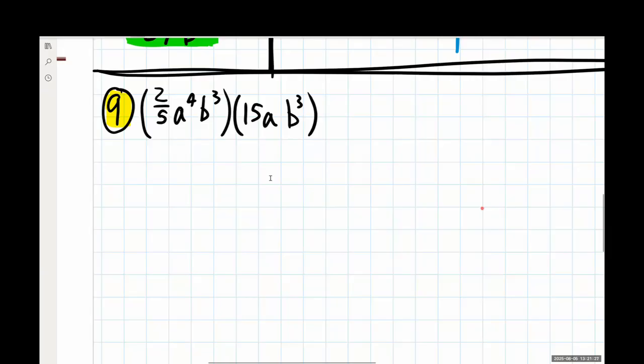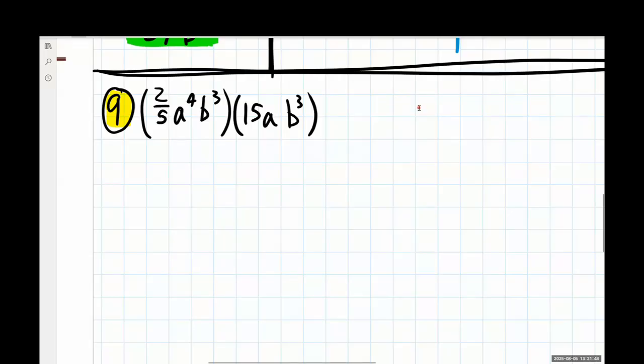And we're first going to note that everything inside the sets of parentheses is multiplying together. Everything in here is multiplying together. Everything in here is multiplying together. And the two parentheses are multiplying together. What's great about this is it gives us some options on how we want to potentially rewrite this problem.